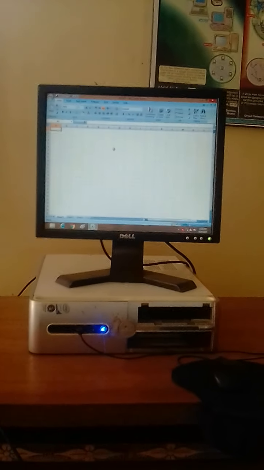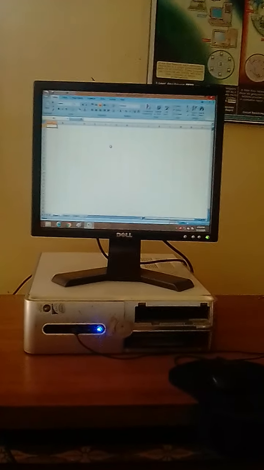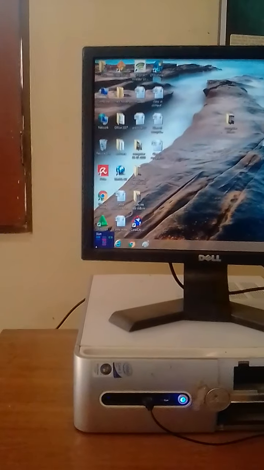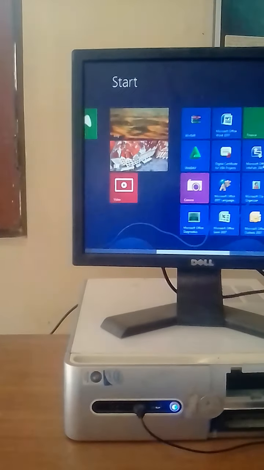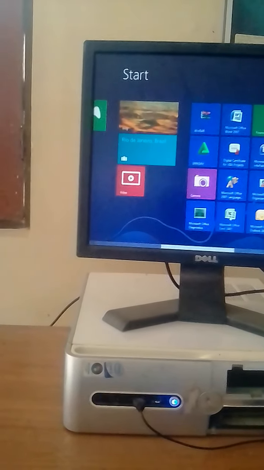Okay dear students, so this is the professional way to open Microsoft Excel by using the keyboard, and you can also open Microsoft Excel on your computer in another way, that is, you have to click on the start menu, move the scroll wheel and click on Excel.